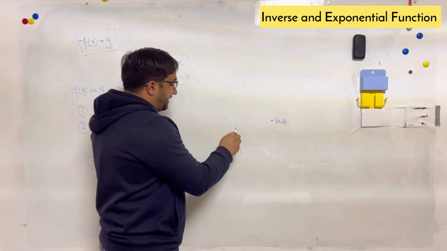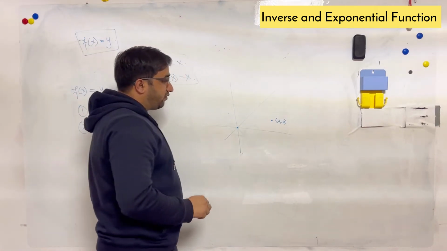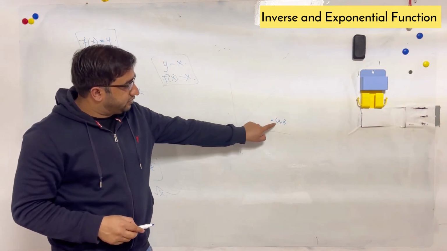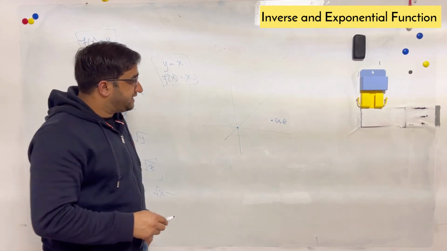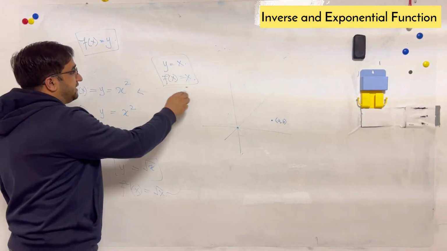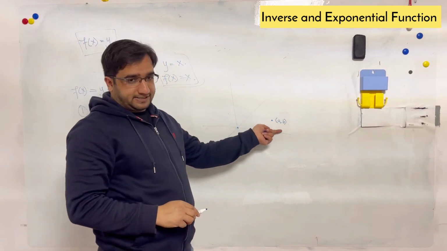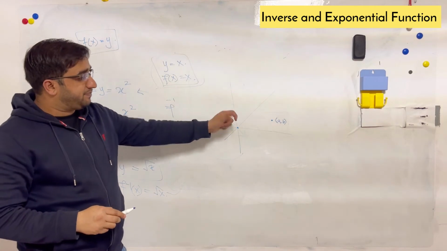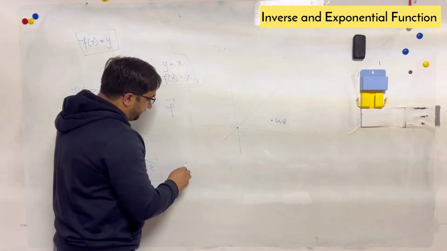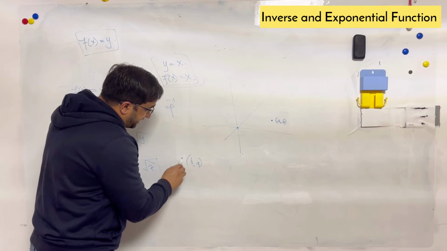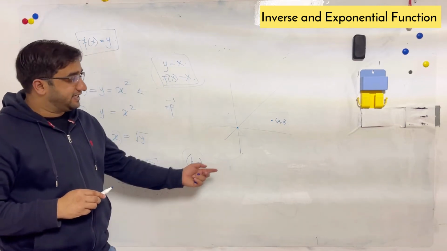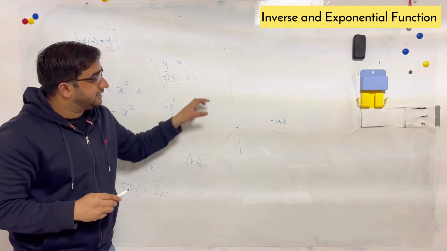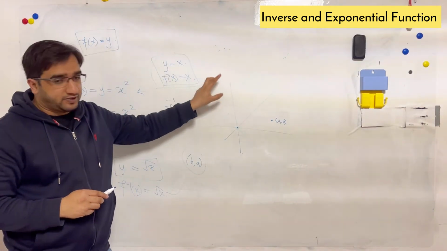and I want you to locate the inverse point for this, then you simply need to flip these points. If you flip these points, in case of f inverse, this point is linked with f of x, and when you find the f inverse it will flip your points. So f inverse will give you BA, but what will be the position of BA? It means B will become A and A will become B. But where will it be in the plane? Will it be in the same position or somewhere else?